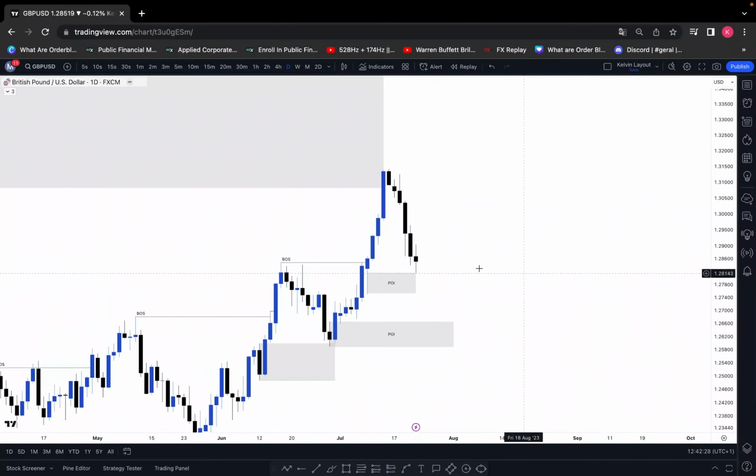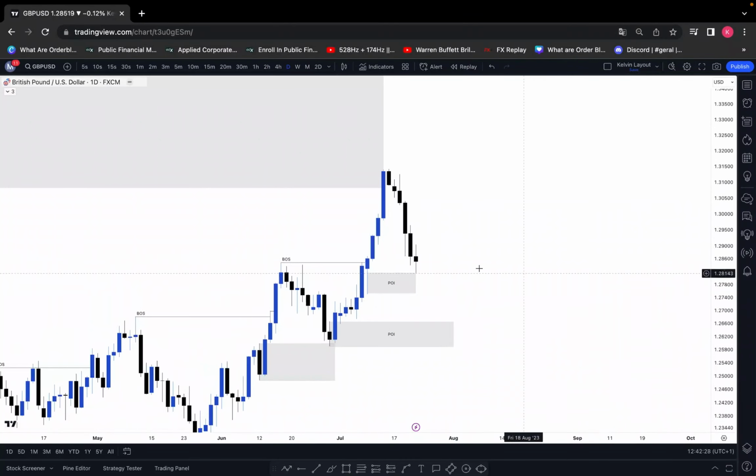So if I drop down to 4-hour, we can see the price tapped this bullish order block, last down candle before the up move, so we're more likely to have a reaction to the upside. Now if the daily is going to hold, most likely this point of interest may hold, and we may want to see at least an hourly change of character to the upside, because this actually is a daily 4-hour order